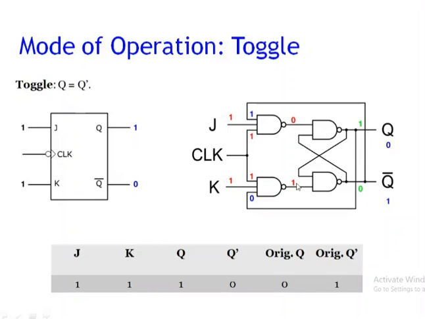Here it is 0, here it is 1. Now here you are getting the 1 value. 1 into 1 is 1, but due to the NAND gate it is a 0. So it is like your toggle. Both are complements of each other. So here we can say q is equal to q bar. If you change the combinations 1 0 here, you are getting the same equation, that is q is equal to q bar. That's why it is called as a